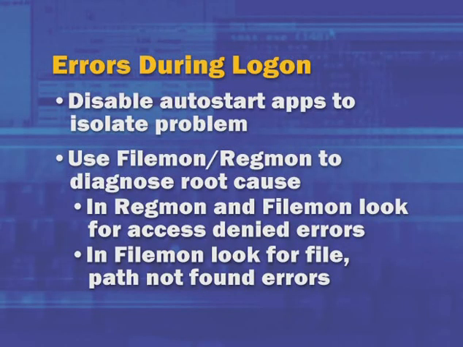One very common issue is permissions problems. Files, folders, or registry keys that are locked down so that they can't be accessed by an application. This has been such a common problem that Mark and I run into that when we use FileMon and Regmon and get a capture of I/O activity, we'll first look at the log for access denied errors before we then try to interpret what's actually going on. In FileMon, you might look for file not found errors, files that are missing somehow, or accesses to files that are occurring in a strange way, reading at strange points in the file beyond end of file. All of these could be clues to corrupt files that are causing other applications to fail.